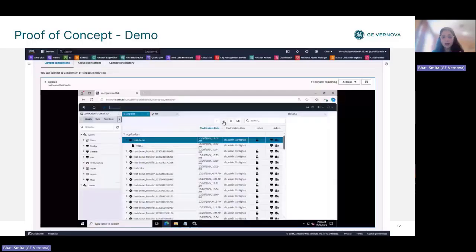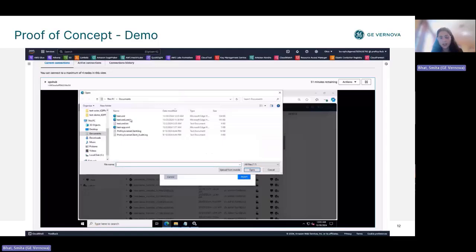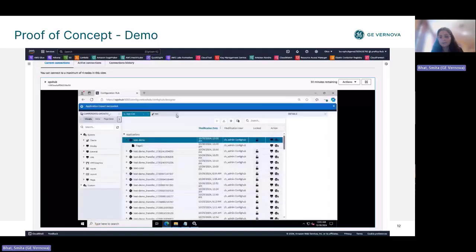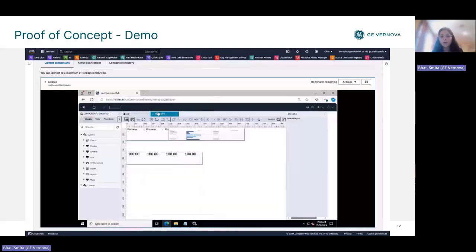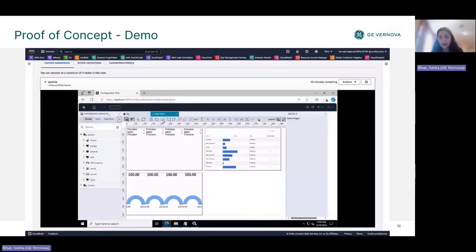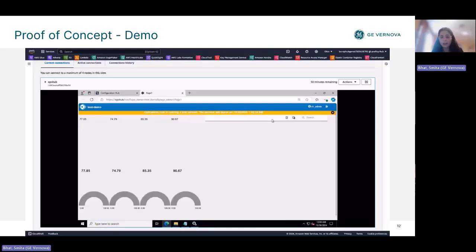So now I should have 3 cards, one with text display, one with solid gauge widgets, one with a grid, which shows all showing the current value for those pumps, right? So you can see that happen. And then if I just launch it in and see the runtime, I should be able to see, there you